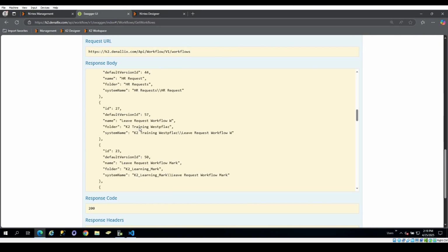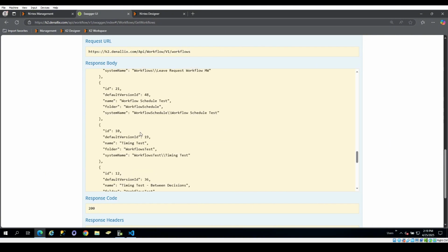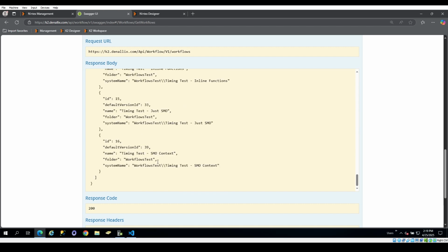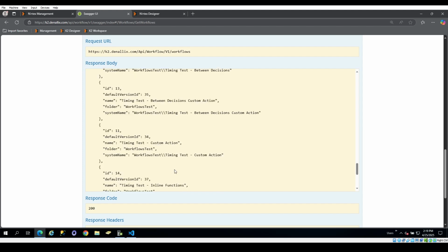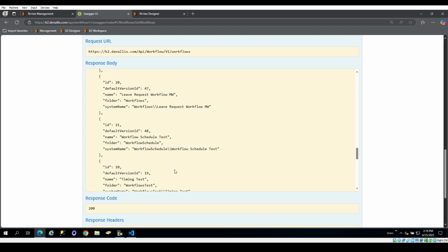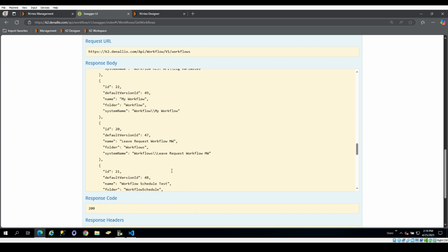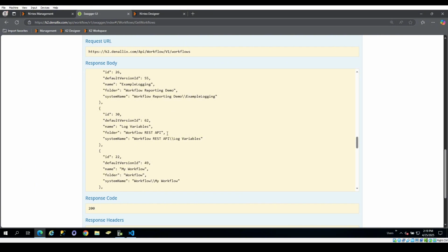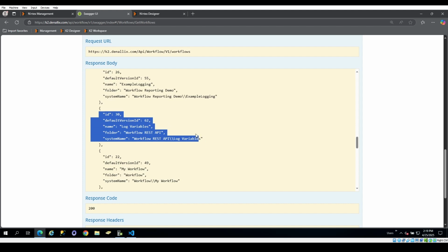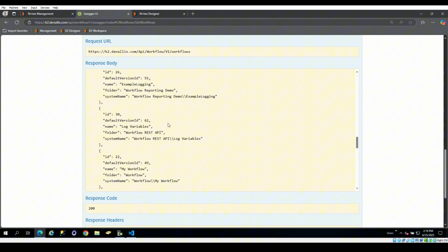So if we go to the bottom of this list, I see this here. Oh, I don't see this here. Let's see. 14, 11, 13. Workflows. Schedule tests, my workflow. Log variables. Here we go. Workflow REST API. I guess this is not sorted by default. And we see here